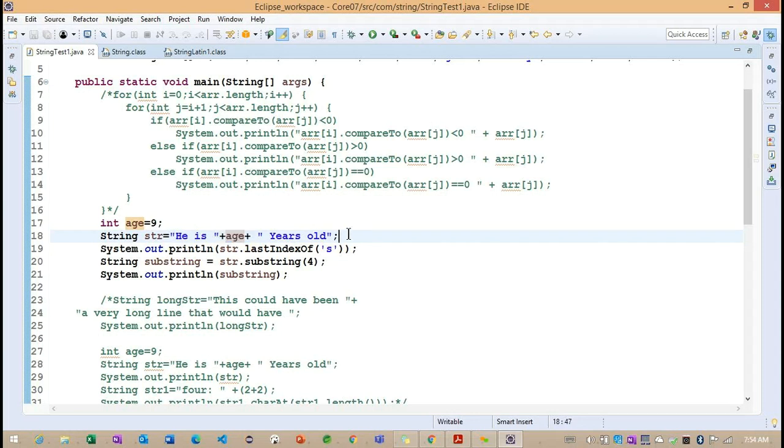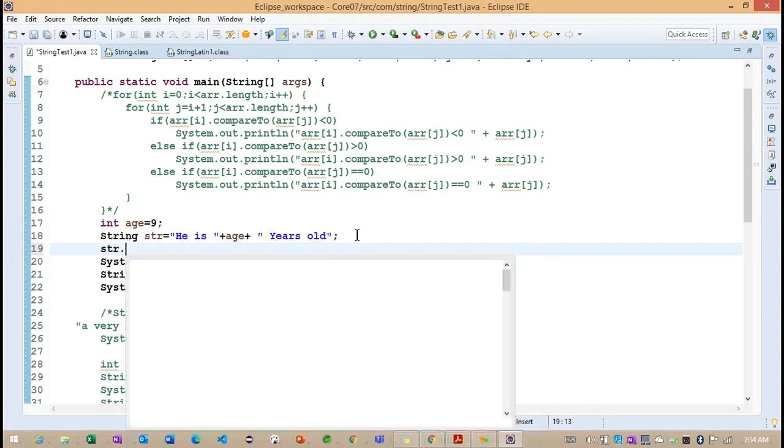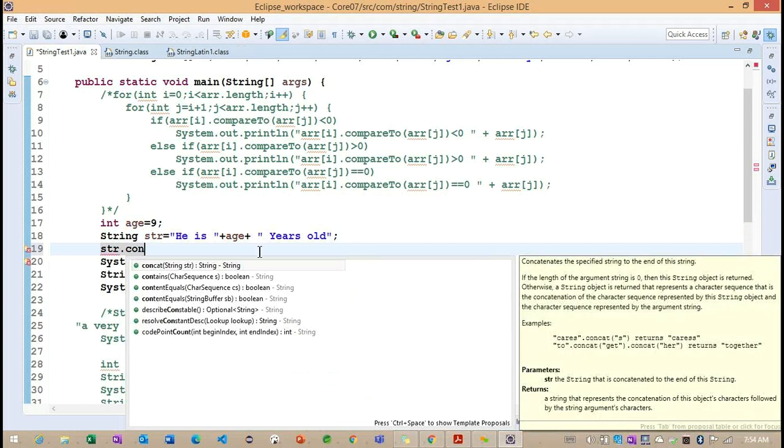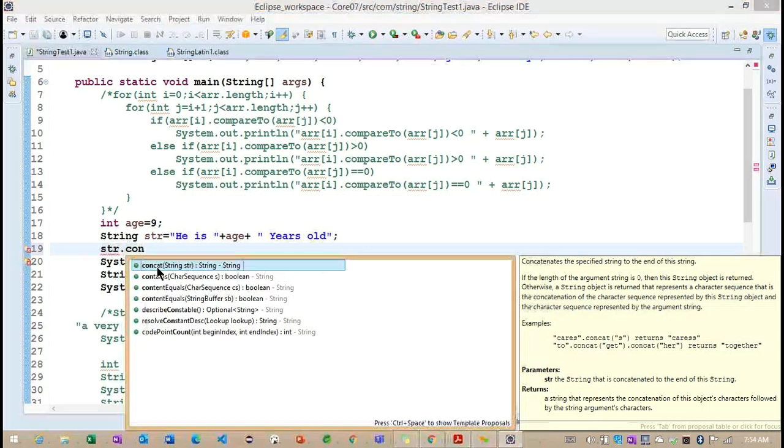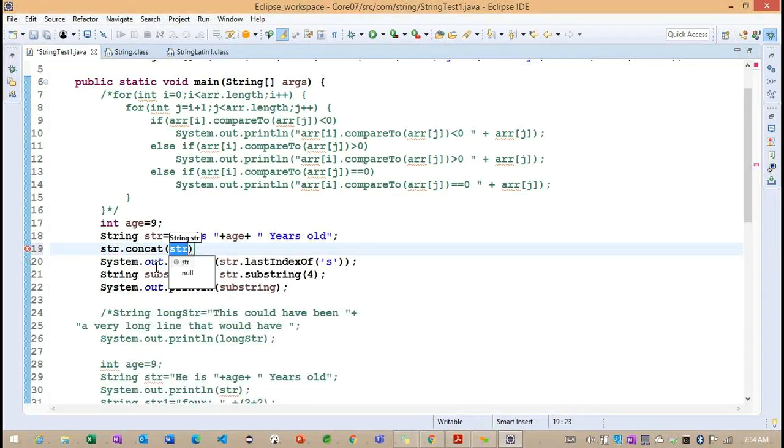In the same way, we have one method here. What is the method? It is str dot concat. Now you can see this is the concat method. What does it do? It expects another string.